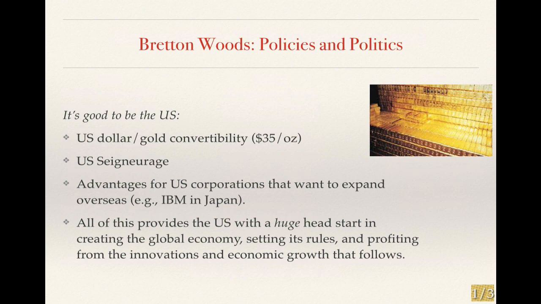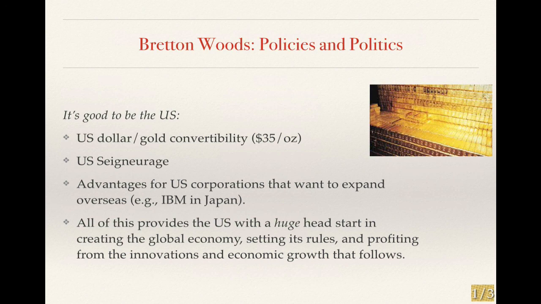Basically, the Bretton Woods system establishes the US dollar as the world's reserve currency. This is another way of saying that the US dollar is kind of the benchmark for all other global monies. Other currencies are pegged to the US dollar, and their value only goes up and down insofar as the US dollar value goes up and down. The US dollar, in turn, is pegged to the value of gold. And this is seen as a way of stabilizing currencies on a global scale, and of establishing a certain kind of trust and faith in economic transactions.